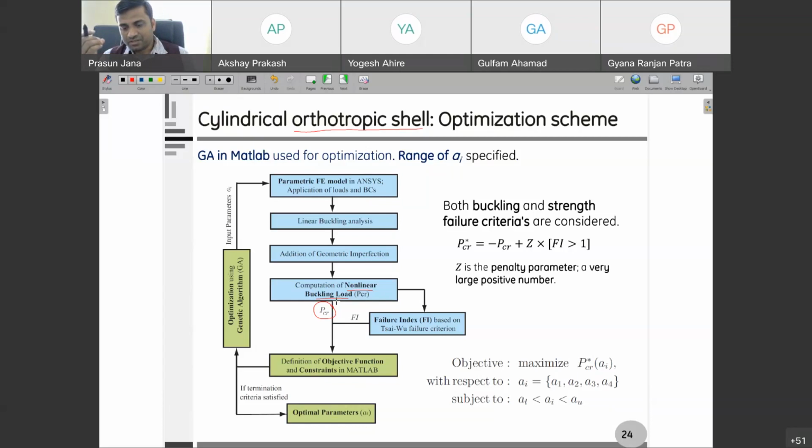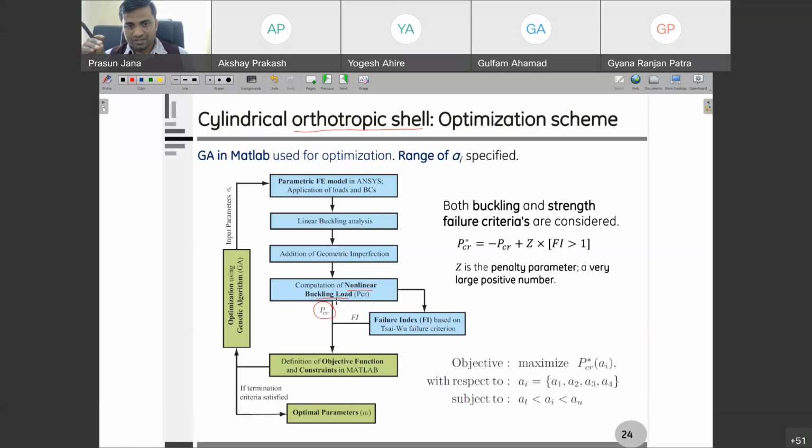So then what you have to do, you have to consider these little imperfections, and then we have to use a nonlinear kind of analysis to predict what is the buckling load due to these certain